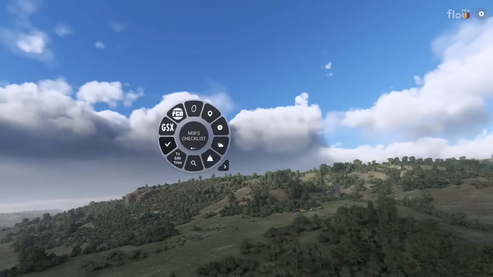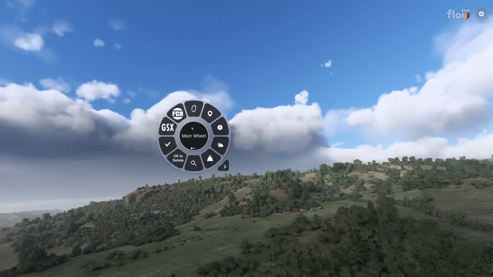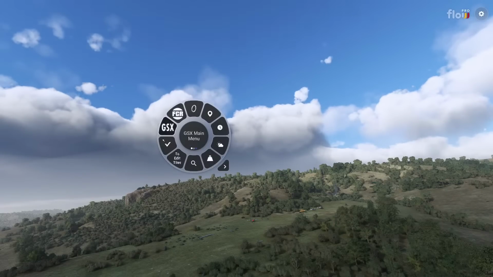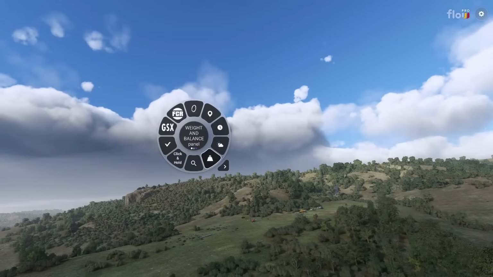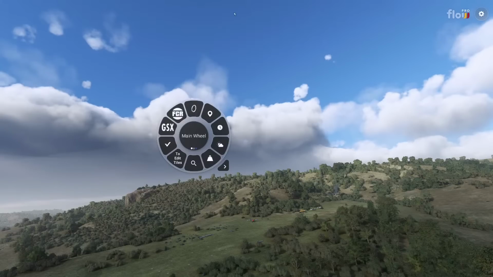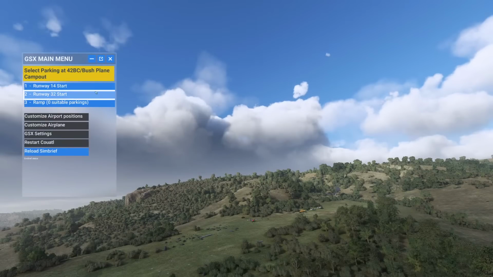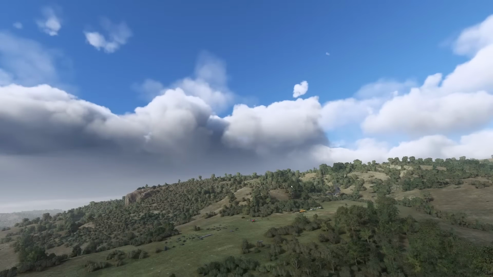The user interface, the UI and UX, I think is done to an exceptional standard by Parallel 42. This is something that has gone through a lot of thought. There's a lot of thought that went into developing this to make it so user-friendly, so seamless. It makes the experience so seamless of changing the time or changing the weather. It really beats the toolbar, which is, by the way, not going to appear again. And I'm very happy that it's not going to appear again. And I can still open my GSX window and I can do all sorts of things without having to worry